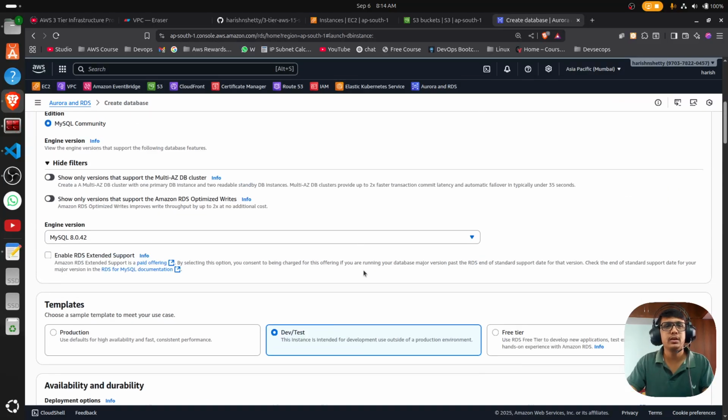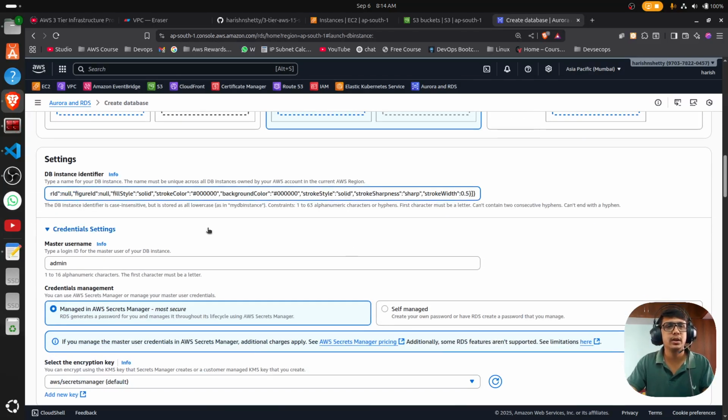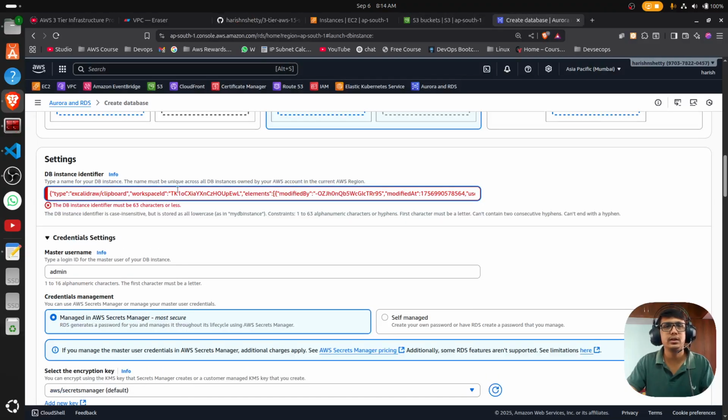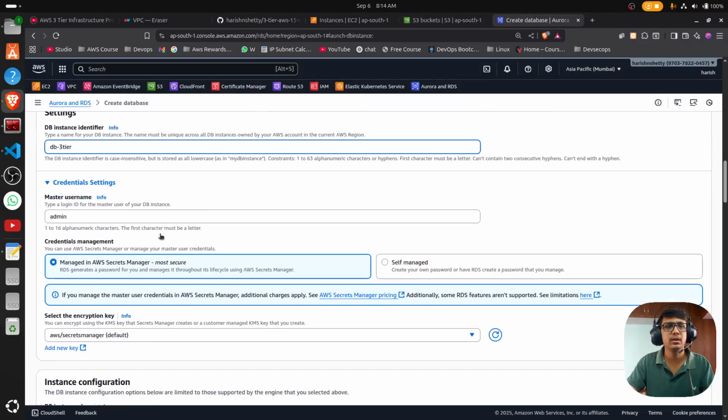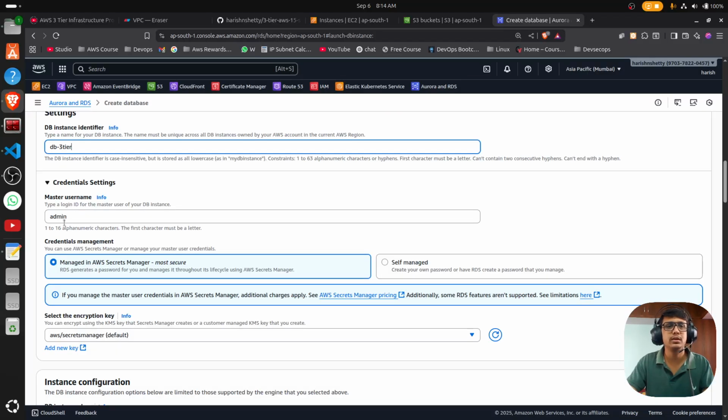Okay, development test multi-AZ done, and you can give the name you like. I am giving my created database name. Done. And the master username, I am going with the default admin, and we can also select